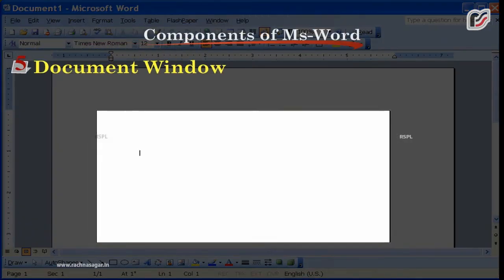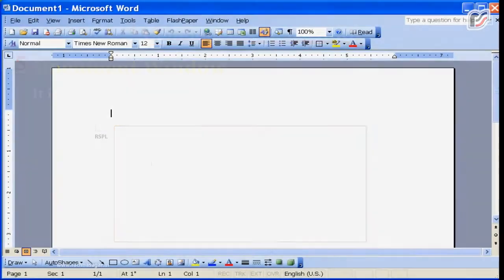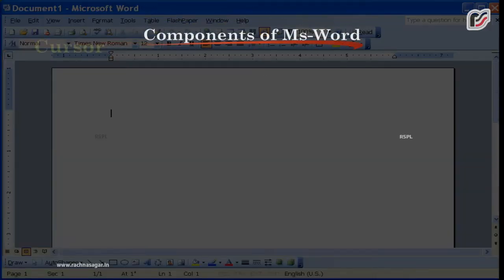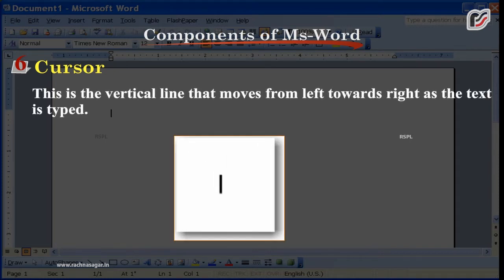Document window. It is the window in which the work is written. 6. Cursor. This is the vertical line that moves from left towards right as the text is typed.